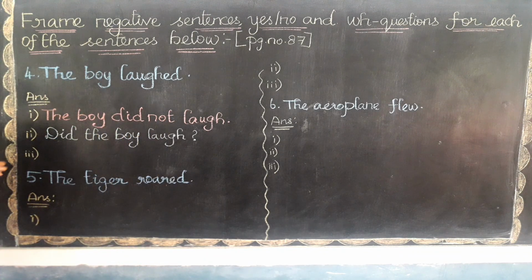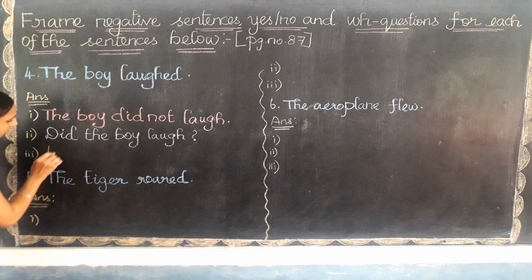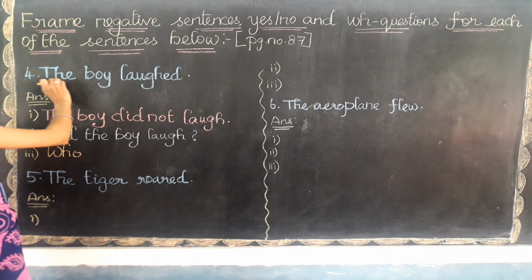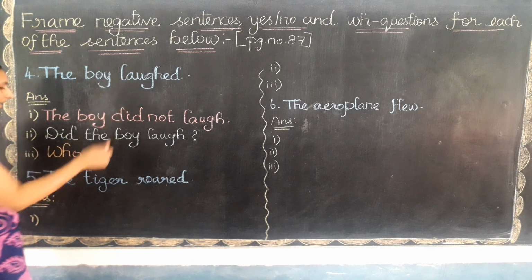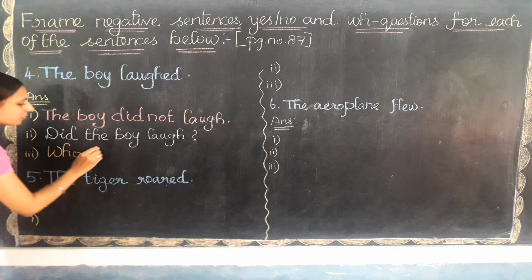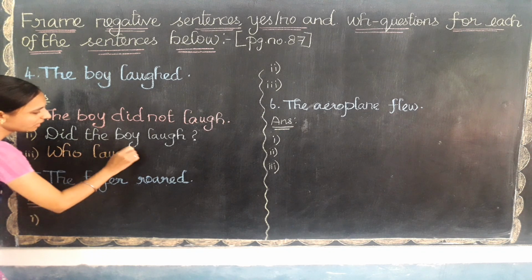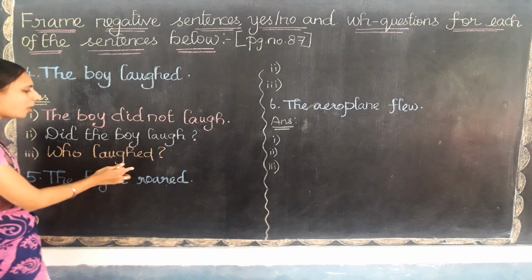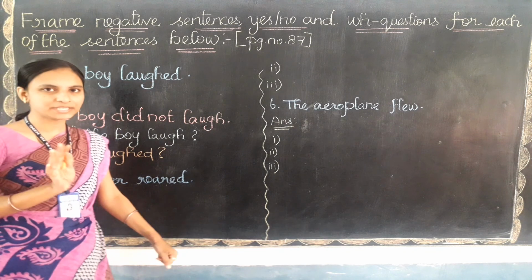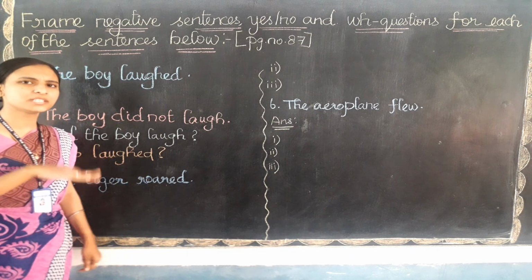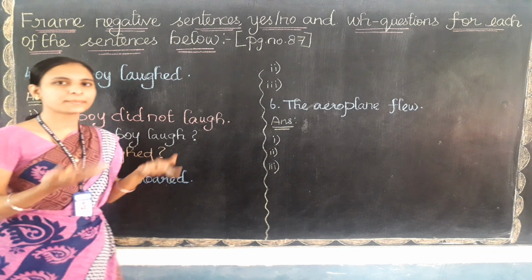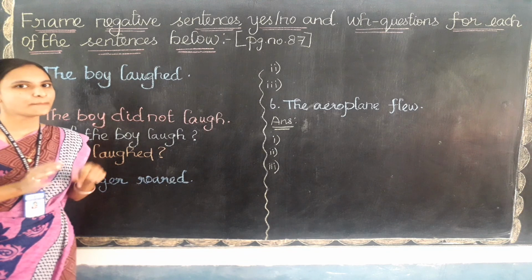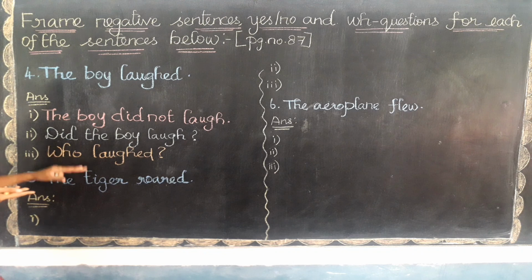Okay? So let me write the answer, that is WHO, who. And then because we are asking the question for this subject, so no need to write the subject, directly we can write the verb. So this verb should be written in the past form, because it is a past sentence. So who laughed? The boy laughed will be the answer. Clear children? Who laughed? யார் சிரிச்சாங்க? The boy laughed. பையன் சிரித்தான். Okay? Question also in past, the answer will be also in past only. Okay? So I hope you are clear with the fourth question.